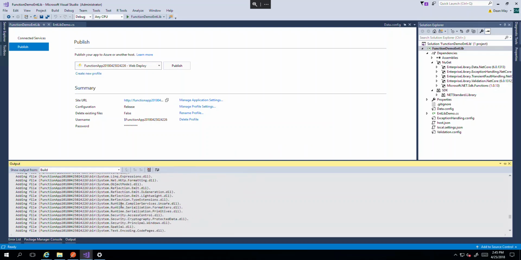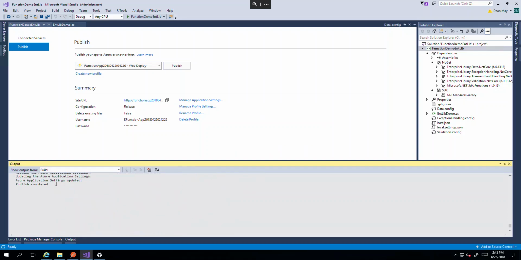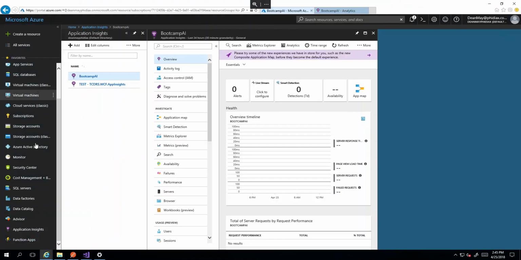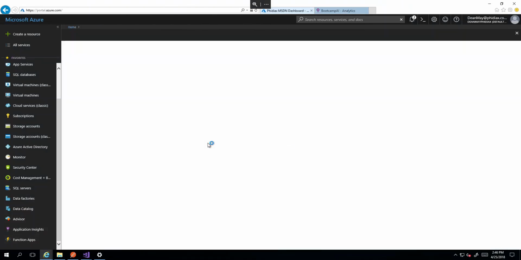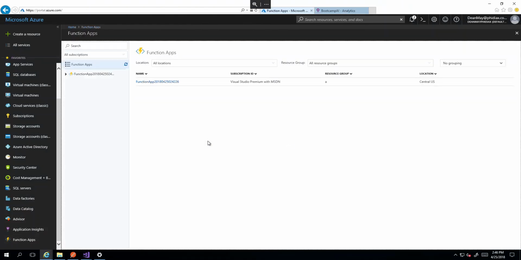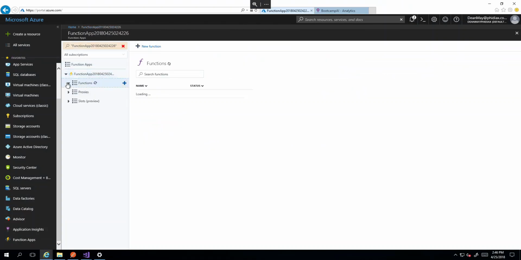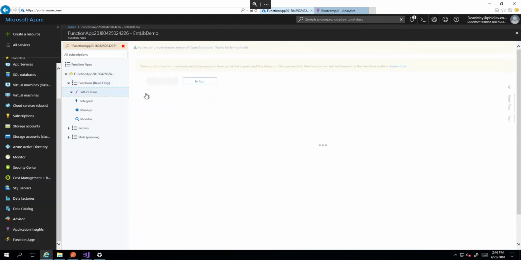So once that was done, as you can see now, publish completed. So we can go over to our Azure subscription, open the function apps, and we should be able to see and call this function directly inline in the Azure portal. So as you can see, we have the antlib demo function sitting here ready to go. So I'm going to go ahead and click on it, and we should be able to give it a test